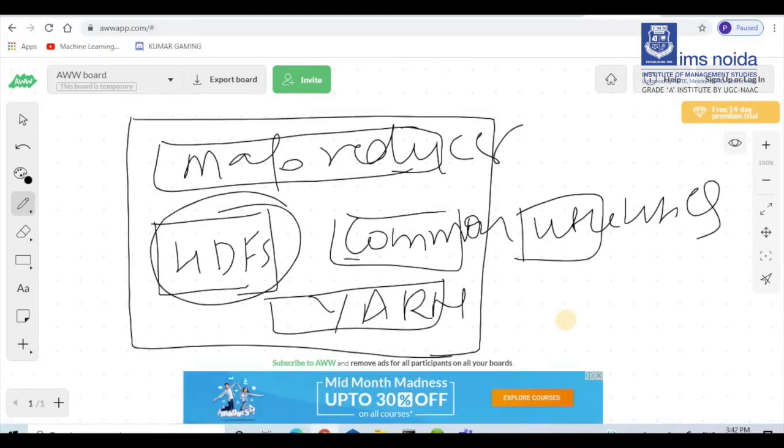Then the other one is Common Utilities. It might be that you start writing some program and want to use some module of Hadoop. In this case, you always require some libraries, some Java libraries, as I told you earlier that Hadoop has been written in Java. It doesn't mean that if you don't know Java programming, you can't be a good big data programmer or can't handle big data, because the Hadoop framework consists of more than 100 technologies. So you can deal with different technologies that don't require Java.